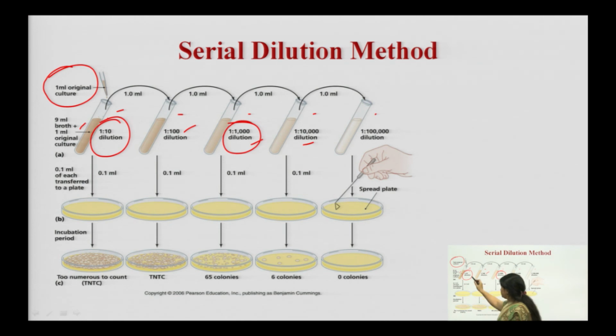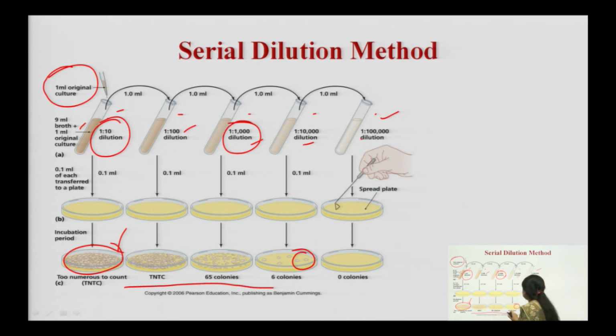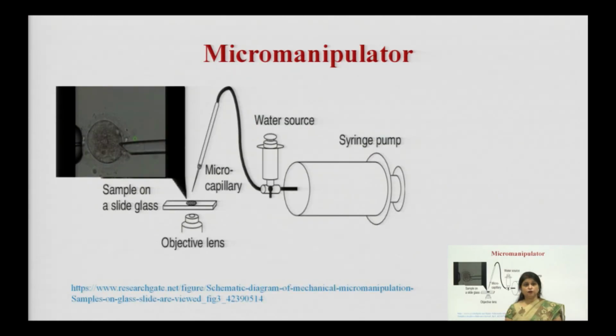If we inoculate or incubate these samples onto Petri plates, the colonies from the 1:10 dilution will be highly concentrated, containing a large number of microorganisms. But as we put the further diluted samples into the Petri plates, they will generate far fewer colonies. When we move from the first Petri plate to the last Petri plate, we will get a reduced number of colonies.